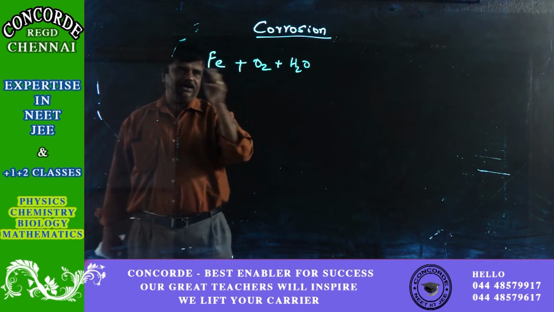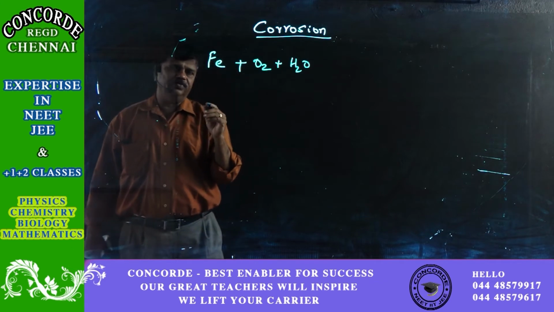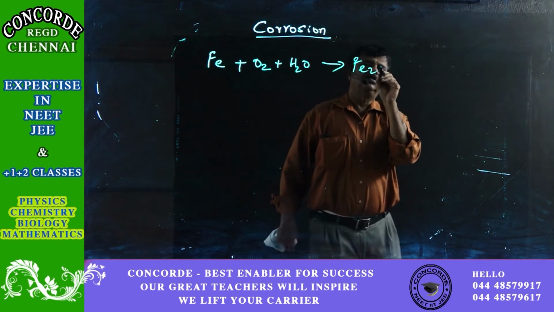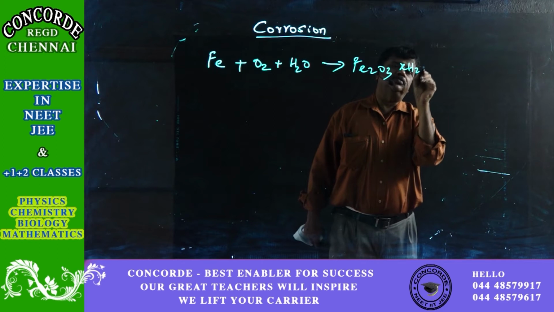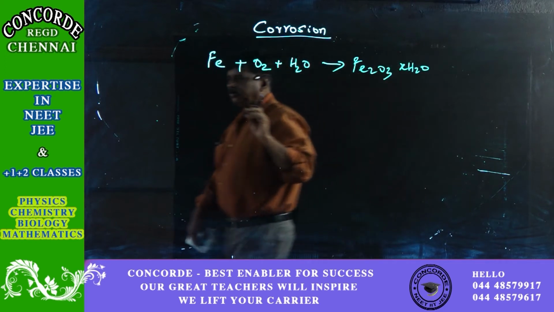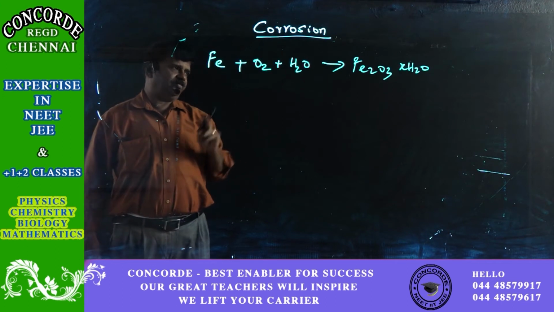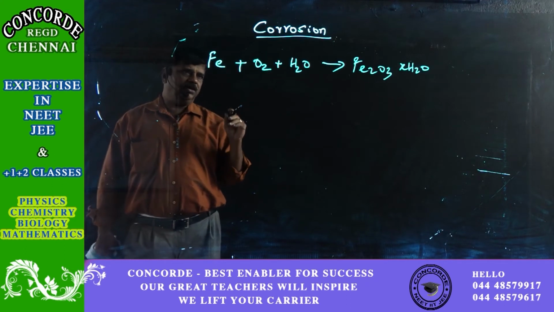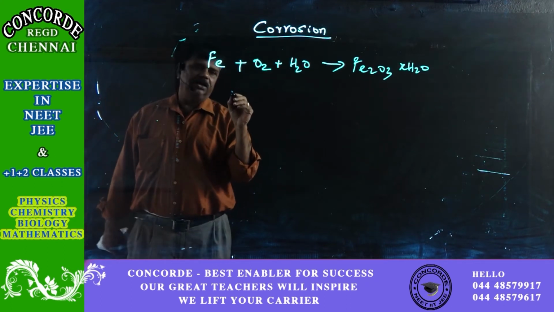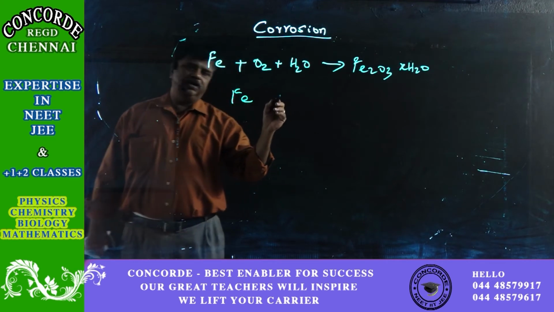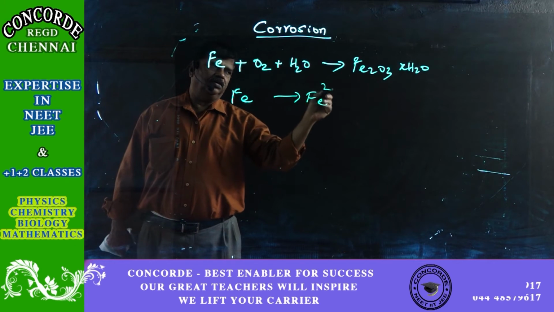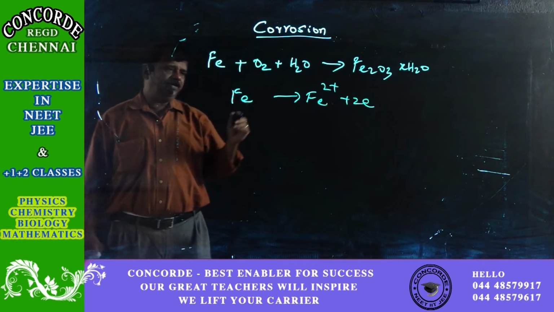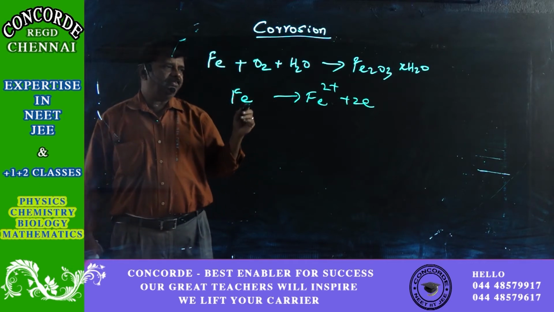So these types of chemical reactions affect the whole thing to form Fe2O3.xH2O. This Fe2O3.xH2O is called the rust. Chemically, rust is nothing but Fe2O3.xH2O. If you take the type of reactions which are happening, Fe is first converted to Fe2+ plus 2 electrons. Okay, Fe is converted to Fe2+ plus 2 electrons, and this Fe2+